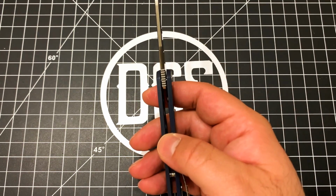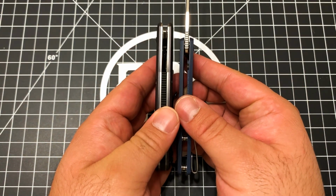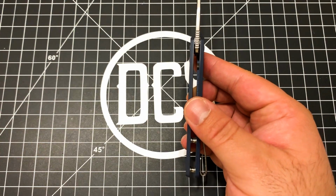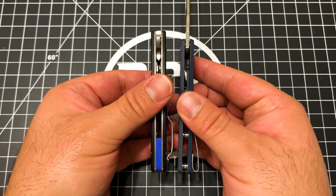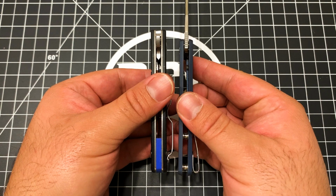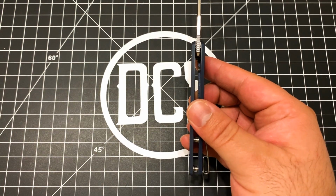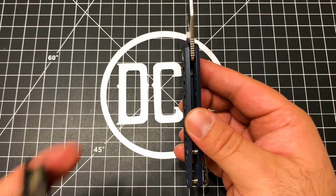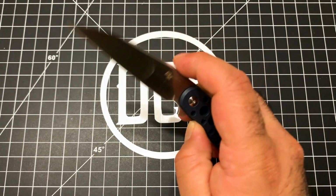And just to give you some type of gauge, this is the KERSHAW link. This is the thickness of the KIZER GEMINI. You have, let's see here, and this is the SPYDERCO Para 3. Okay, so